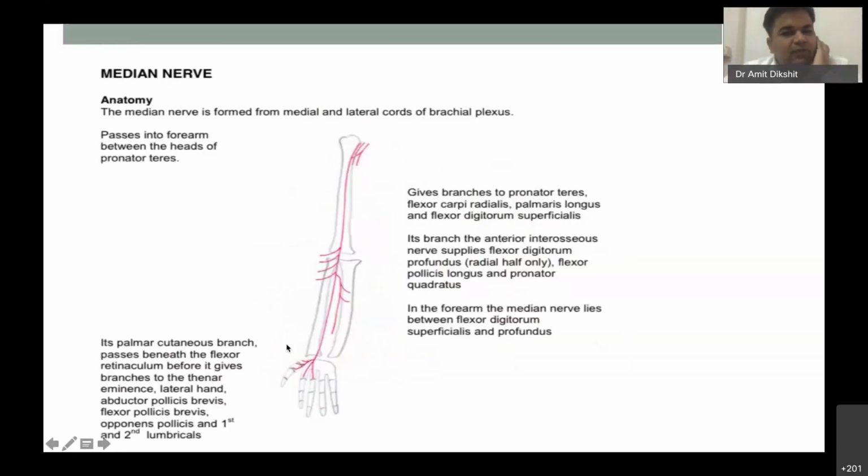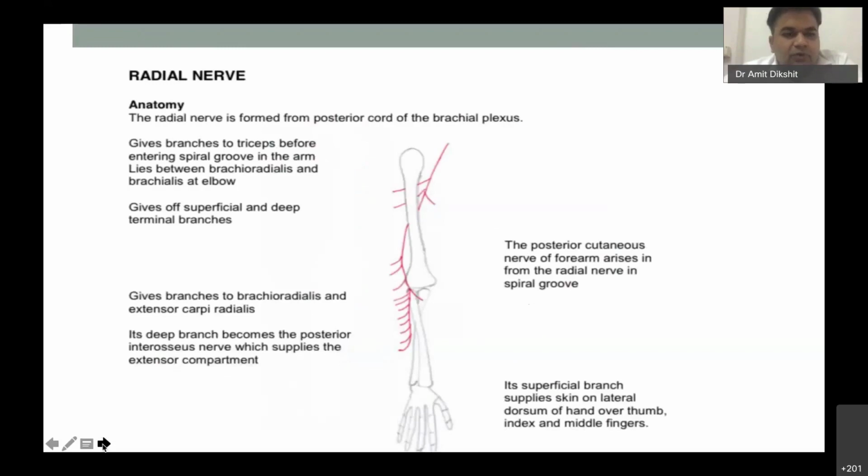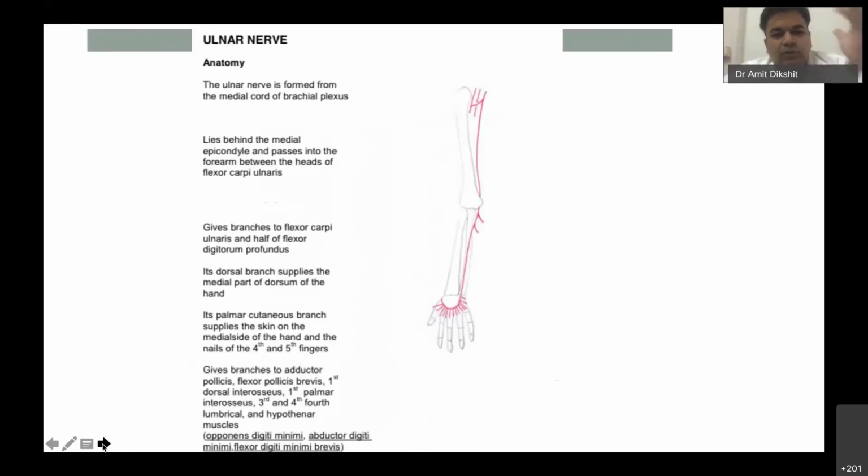If you are into fellowship training, one of the questions favored by many examiners is the exact course of the nerve, what muscles it supplies, and how the nerve travels. So this is the course of the median nerve. Today I'll be touching more on the clinical aspect. I'll show you the radial nerve and its course, how this nerve looks in the forearm and arm, and also the ulnar nerve. The ulnar nerve has a good amount of muscular supply in the hand.